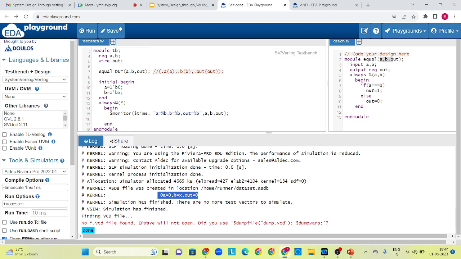So like I am using triple equal to, so it is a case equality. So it should be considering x and z. If I keep a triple equal to b, so it is not equal. So the output should be